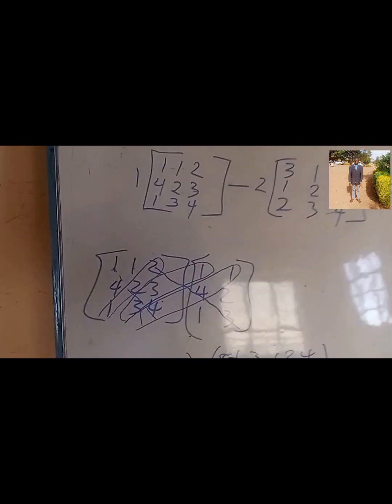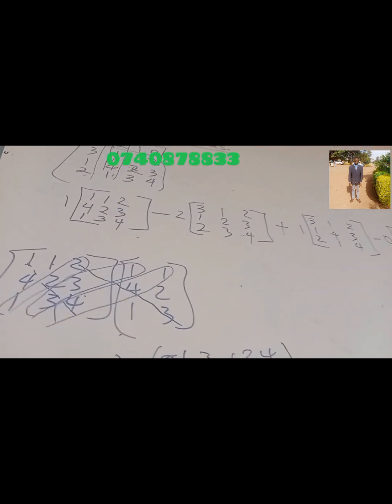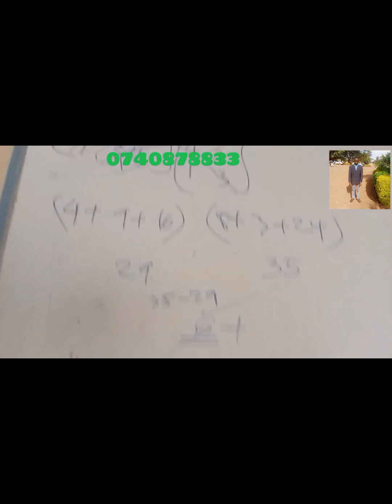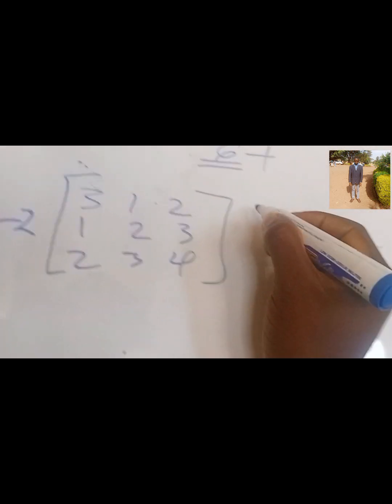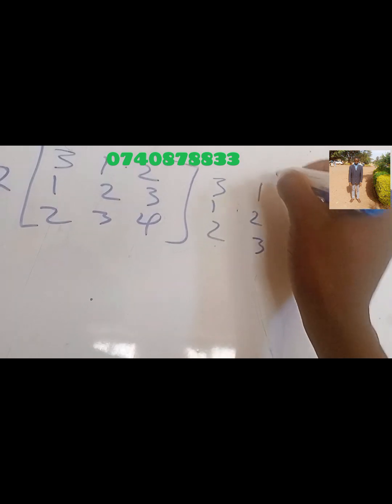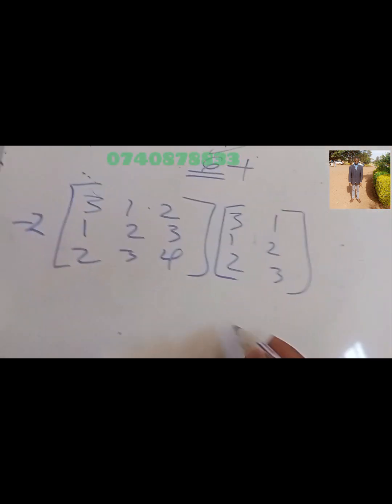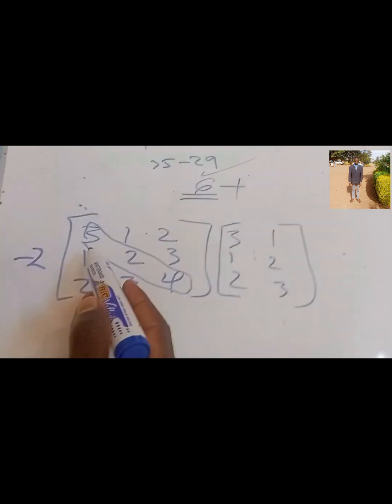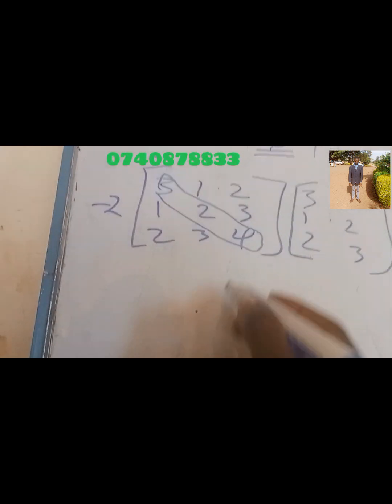Let's do it the same way. It will be 3, 1, 2, 3, 1, 2, 1, 2, 3, then 2, 3, 4. After that, you will multiply with 2, which is you will subtract. So let's introduce another column here, which will be 3, 1, 2, 1, 2, 3. Then you take the leading diagonal like that, which is 3 times 2, 6 times 4, which is 24,